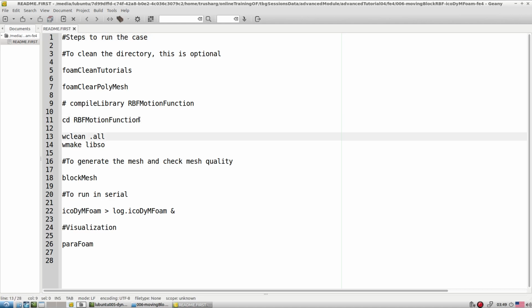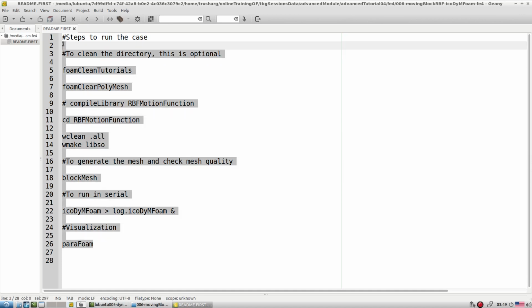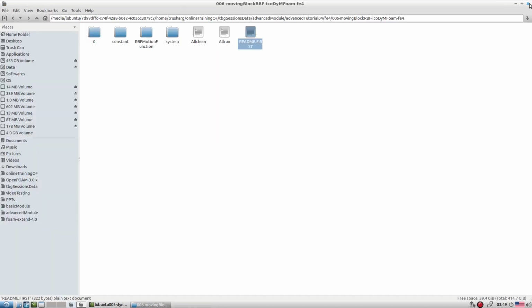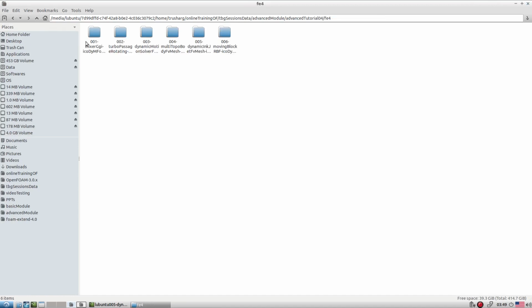That is what I mentioned here: compile the library RBF motion functions, that is what you are supposed to do, and then you run the test case. This gives you a different idea, like you can customize your own mesh motions with the help of different equations as well. That is what this last tutorial is reflecting. If you are interested in developing your own new mesh motion, then this gives you a little bit of an idea. Otherwise we have covered very different classes of mesh motion